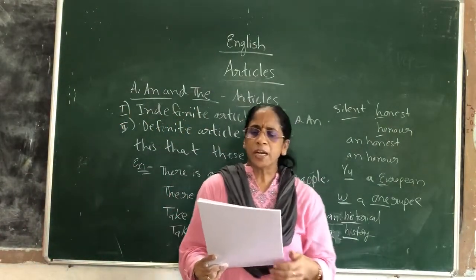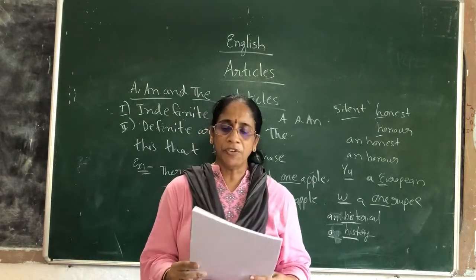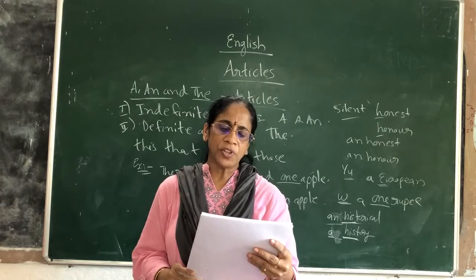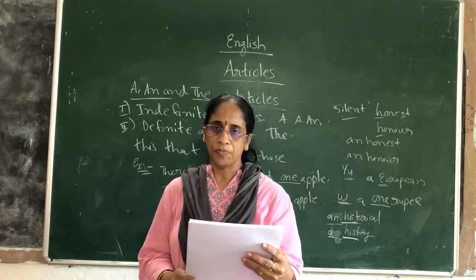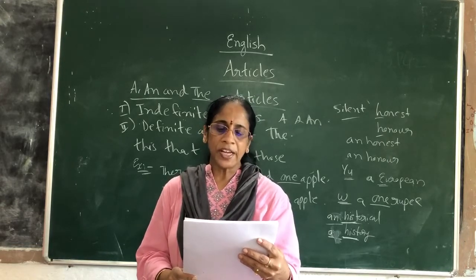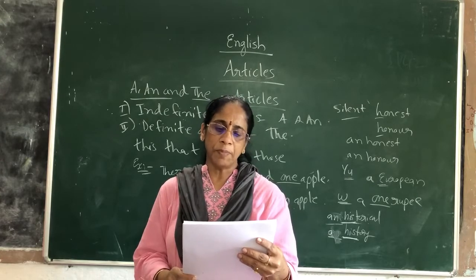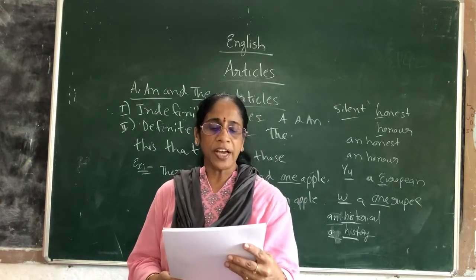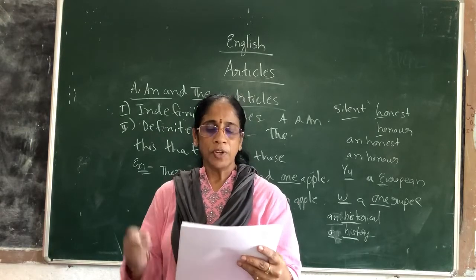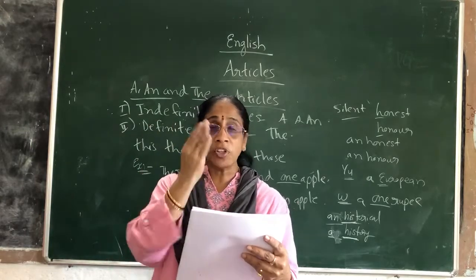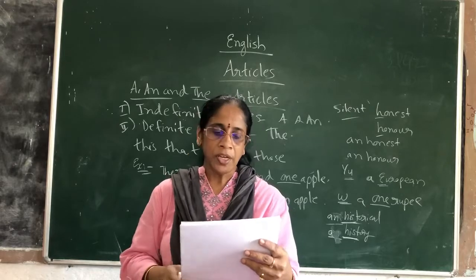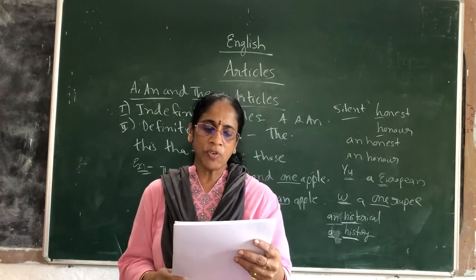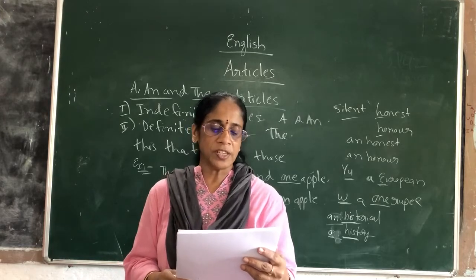Now, when you are expressing a comparison, if two nouns refer to the same person or thing, the article is used before the first noun only. He is a better mechanic than clerk. He is a better thinker than novelist. He would make a better engineer than lawyer. Not before the second one, before the first one it is used. Once again I am reading: He is a better mechanic than clerk. He is a better thinker than novelist. He would make a better engineer than lawyer.